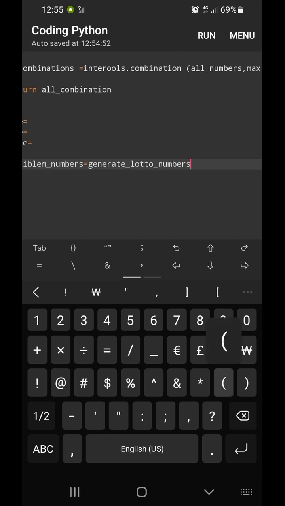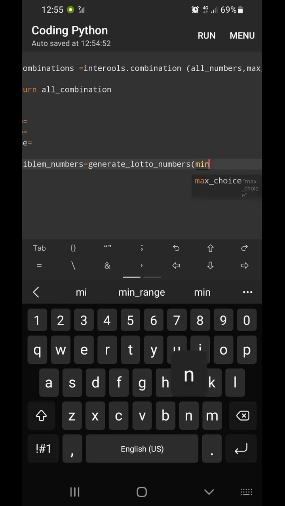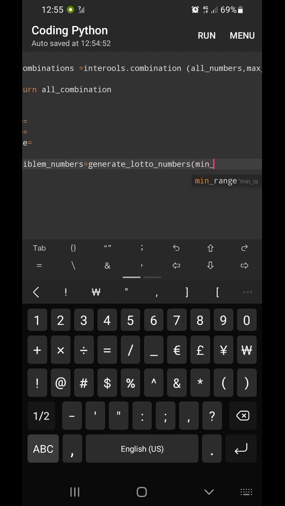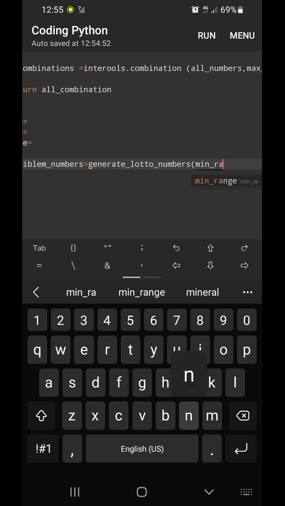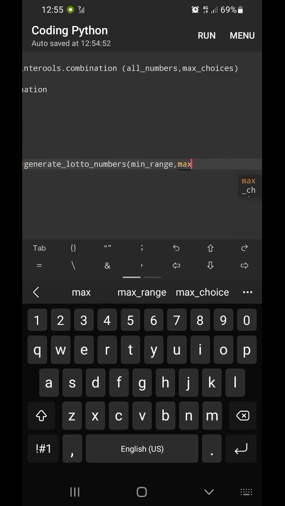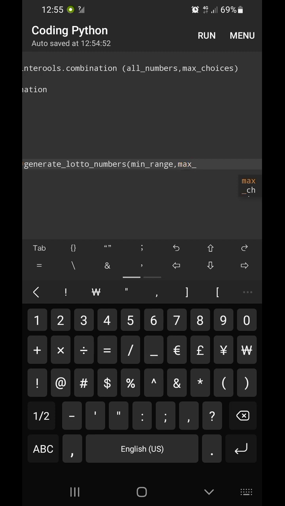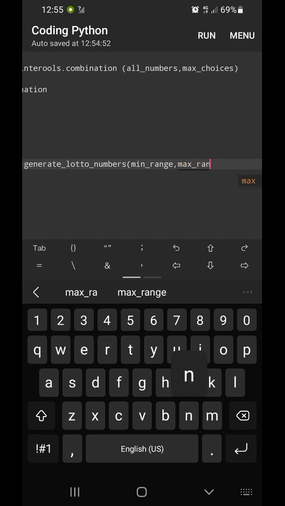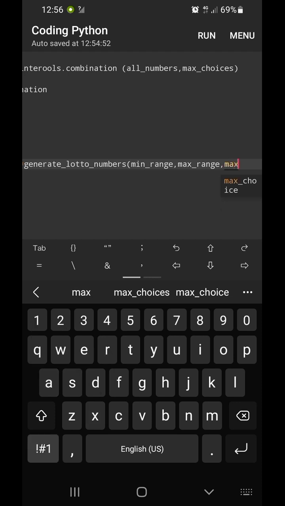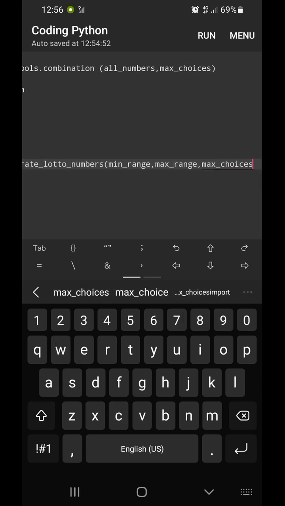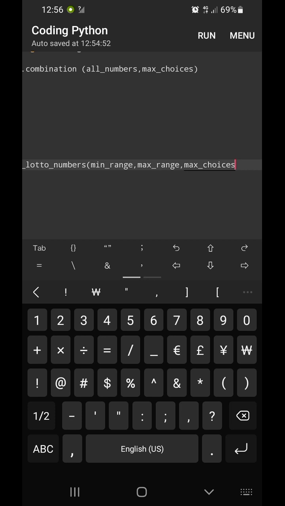Then we identify them as from the minimum range, and then we go on and say max range, then we identify the max choice, max choices, close,